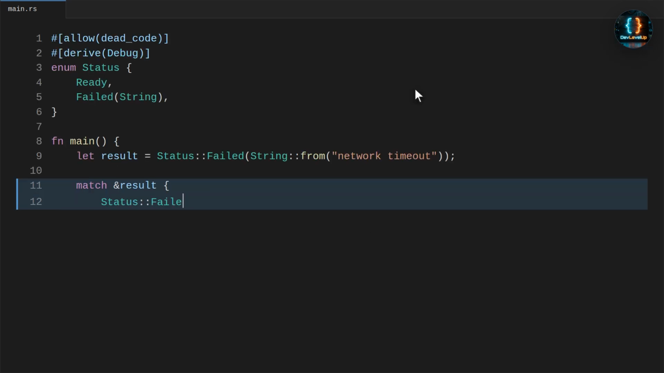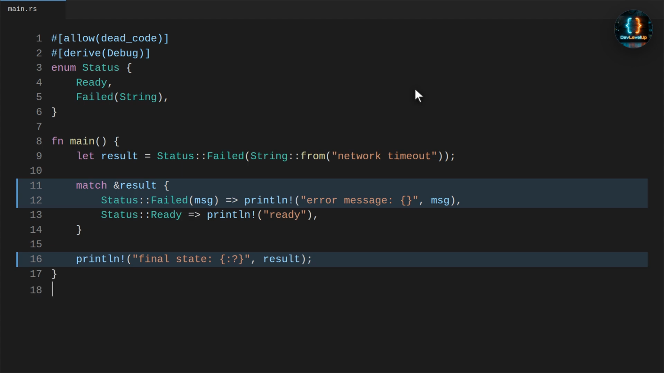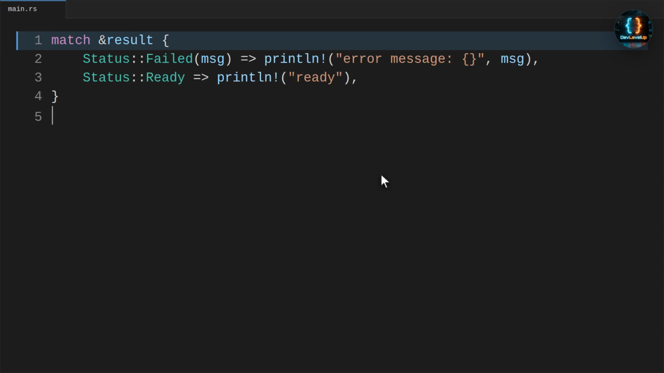Now we fix the match by borrowing the enum with result. The message is borrowed instead of moved, so after printing it, we can still print the final enum state. The best practice is to choose the match style based on intent. Match by value when you want to consume the enum, and match by reference when you just want to inspect